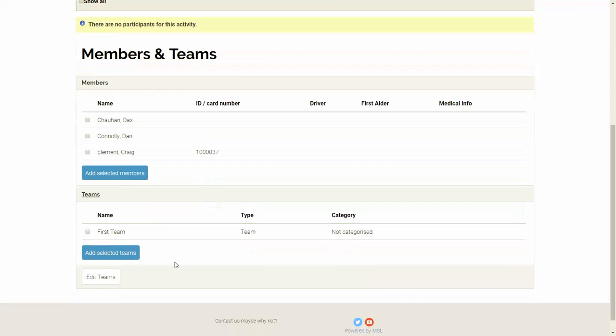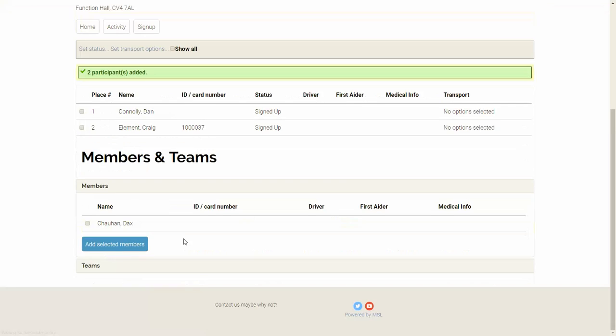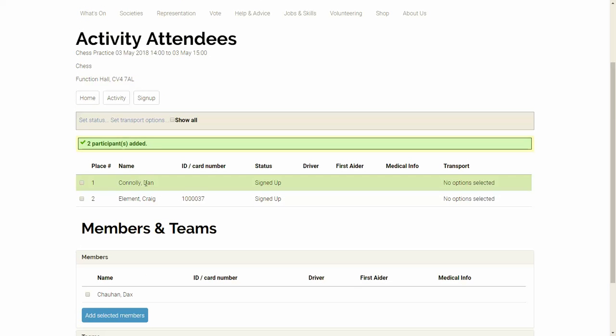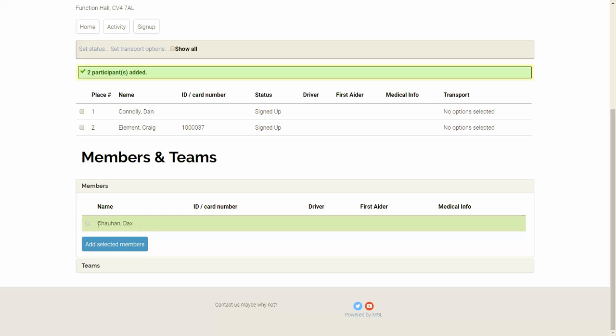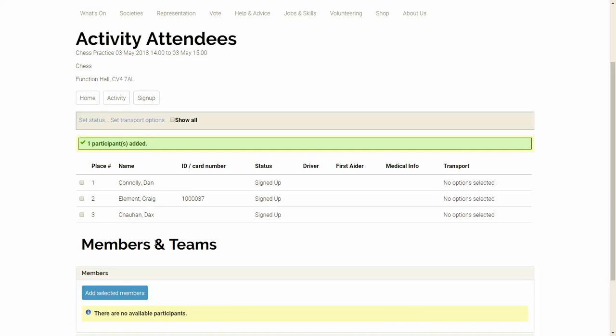Let's add some people to the team. Let's add the first team. So we can just select the checkbox there, do add selected teams, and we'll see that it is added Dan and Craig as they're the two people on that team. And if we wanted to add Dax as well, we could again just select her in a similar fashion and add her as an individual. We can see that they have a place number indicating the order in which they were added,